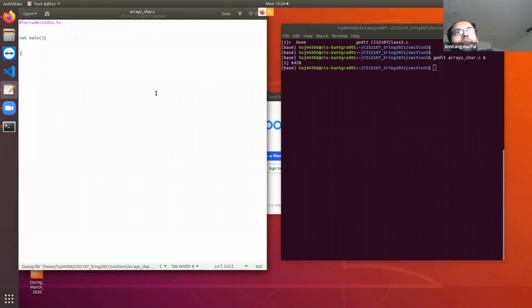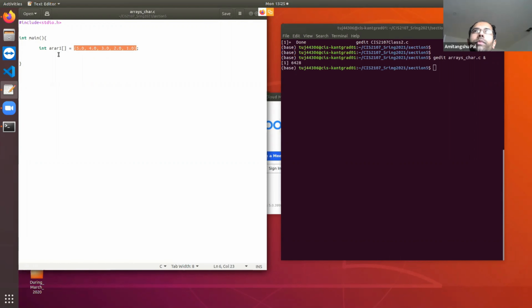Suppose I want to initialize a double array, say array 1, and then I want to put 5 doubles inside this array. Okay, how can I put it? So I can write 5.0 comma 4.0 comma 3.0 comma 3.0. So in this way I can initialize an array. So array elements need to be separated by comma inside 2 curly braces.